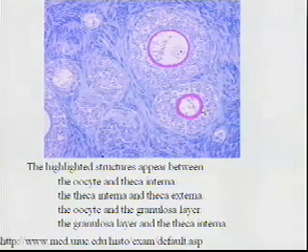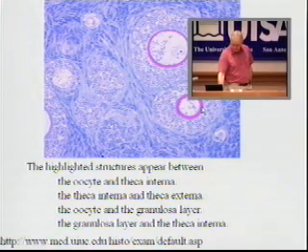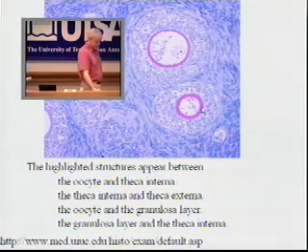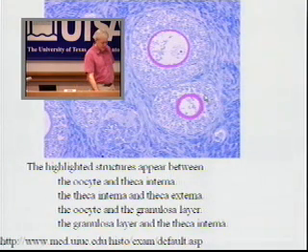What would this layer be? I know that's not the question, but what would this layer be? Let's figure out what it is before we try to answer the question. The zona pellucida. So that's the zona pellucida. And the question is, it appears between what two layers? Or what two structures, right? So the oocyte and the